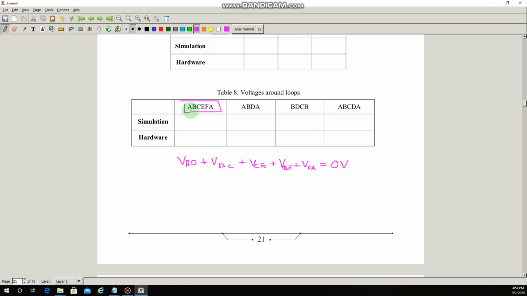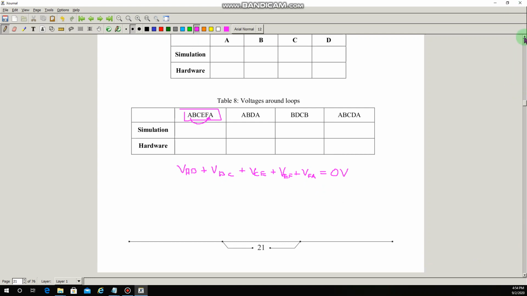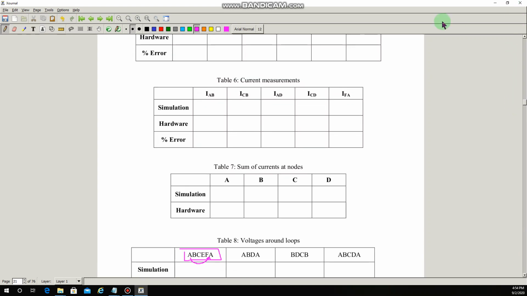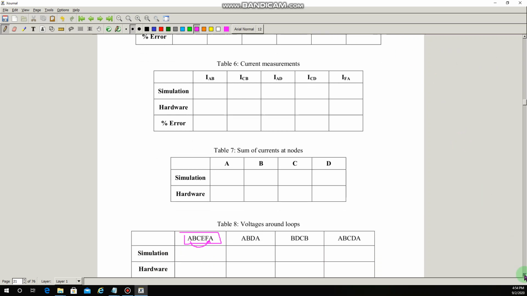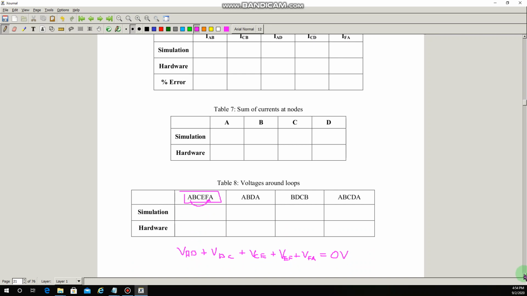When we add them, ideally the sum should be equal to 0 because it's a closed loop. Remember, we are starting from A and stopping at A. To prove that, we will need all of these voltages. Do we have all of these voltages? Yes, we have already recorded them. VAB and VBC, for example, are here, and similarly all other voltages are also there. If you do not find any other voltage here, it means those voltages can easily be determined by just observing the circuit. For example, VFA. Remember, VFA was equal to 0, because A and F are 2 names for the same node. With this we end the description of the KVL. Now let's move to